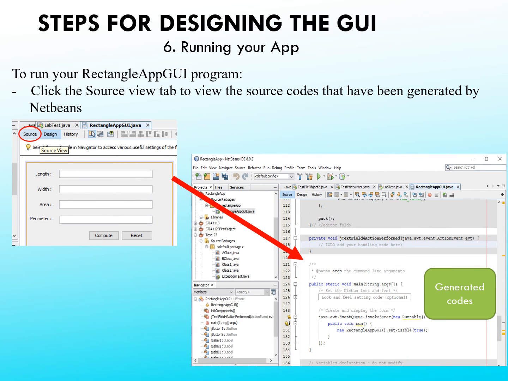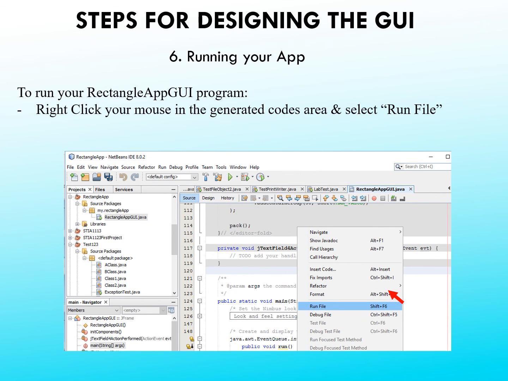And then when you see the source, NetBeans will automatically generate code for you, so you don't realize what's happening. What you see is only the graphical user interface, but this is the main method that is created for you, right? And then this is